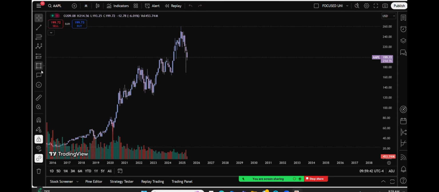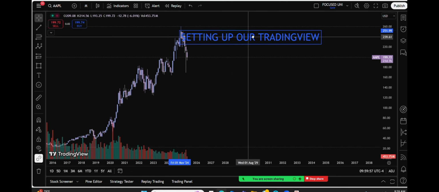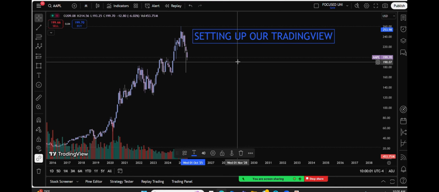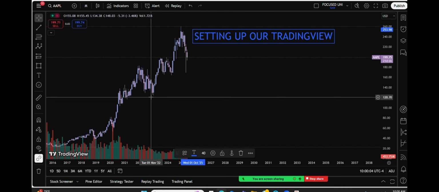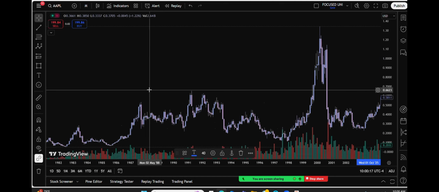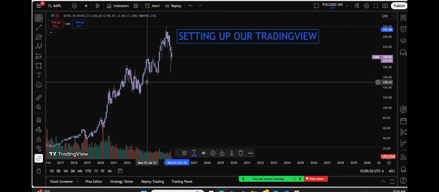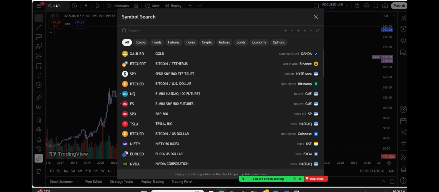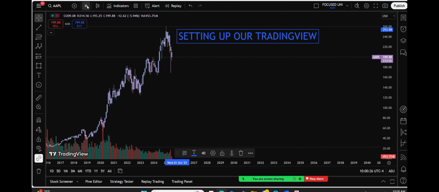Alright, so today I'm going to be setting up our Tradingview. So, for starters, this is from a point of it being free. You don't have to pay for Tradingview to use it, to learn, to trade on it, to mark up on it. It just depends on being able to go back a certain amount of time. That's the only difference. And also doing it free, you also don't have that many time frames that you can